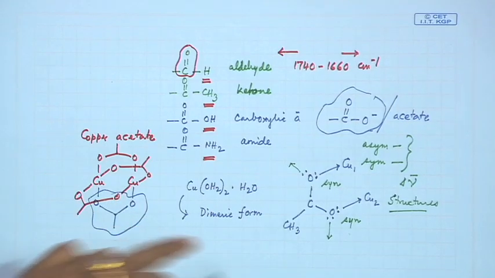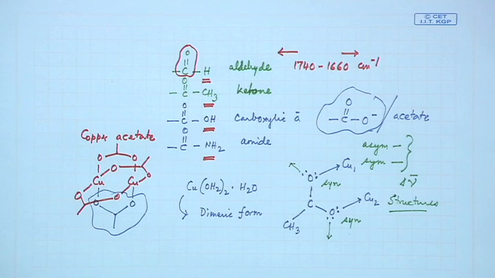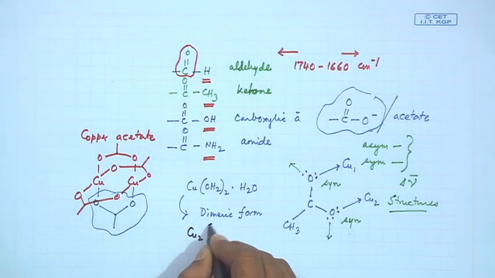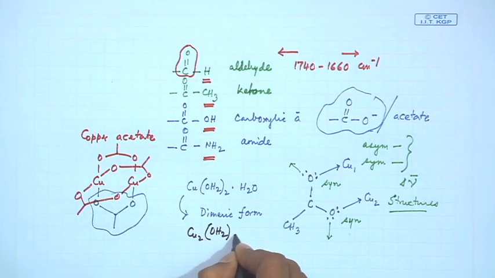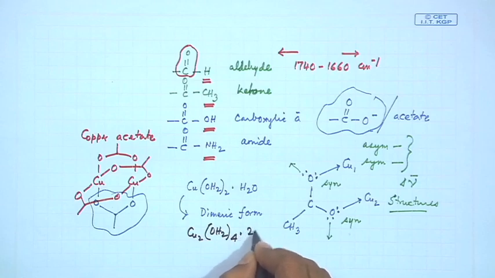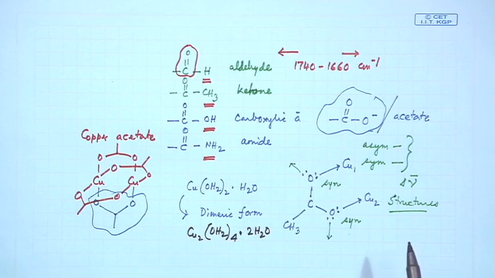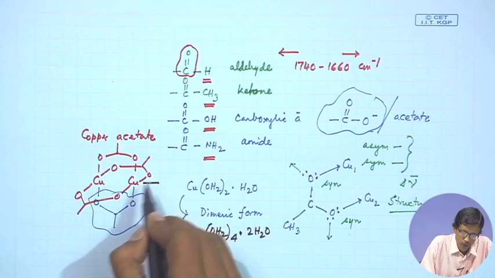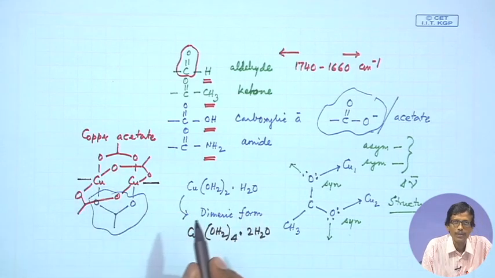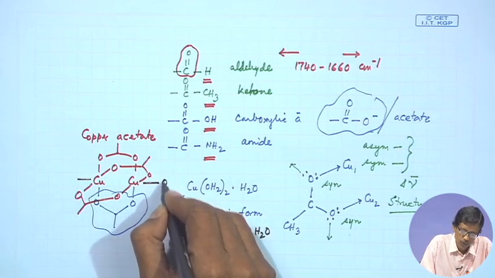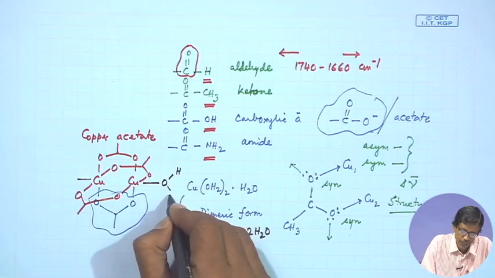So, we get this as your dimeric form, and in this dimeric form the formula will be Cu2(OH2)4 and 2 water. These 2 water, in the molecular formula, we write as center dot 2 H2O, but it is basically bound to these two copper centers. So, this will be your OHH,